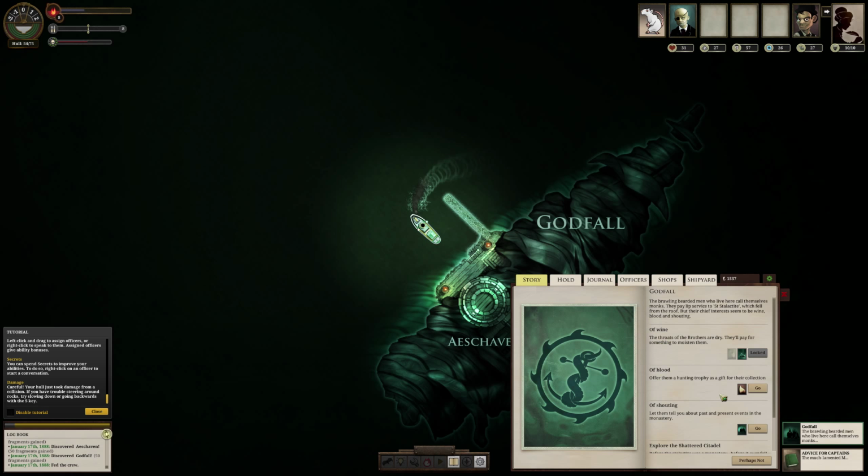Can't get wine. Good blood. Offered them a hunting trophy as a gift for their collection. I can do that, yes. You can also give them a...